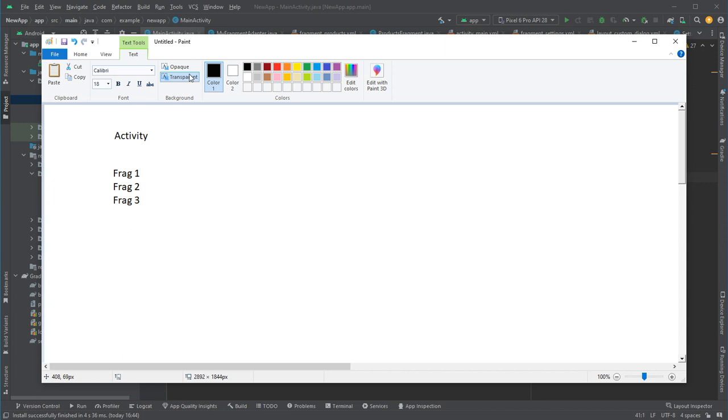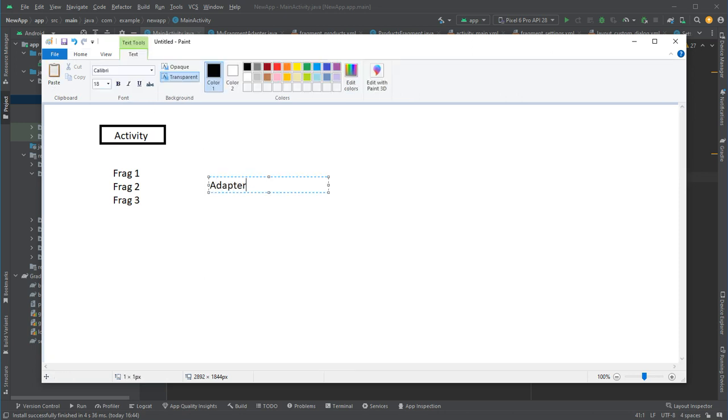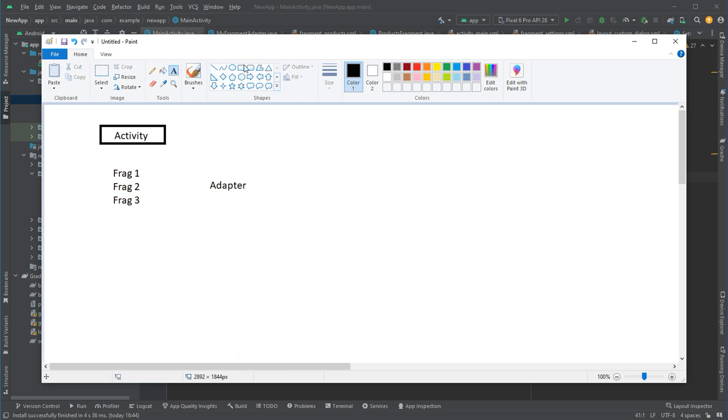Okay, now this activity needs some adapter to hold these many fragments. It needs one adapter to hold these many fragments. Okay, so these are those fragments,